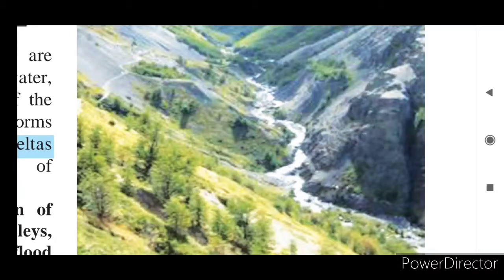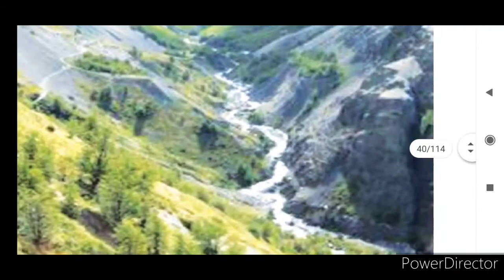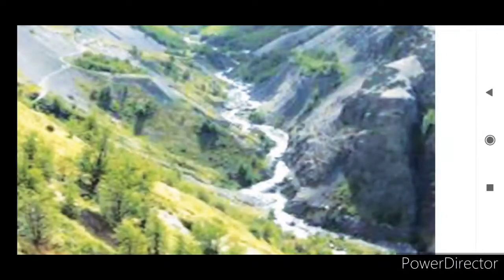elevation is higher, but the riverbed starts deepening. Can you see here? Riverbed, it starts deepening and it gets the shape of the alphabet V, so that's why it is called V-shaped valley. I hope you understood this. Now we will study the next